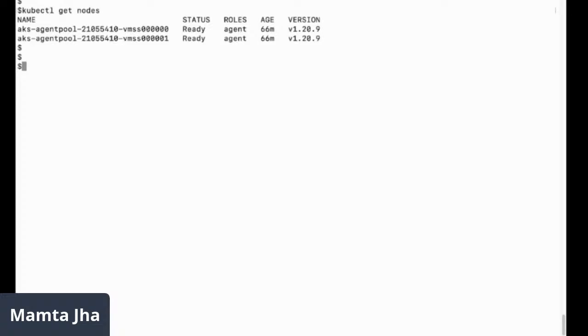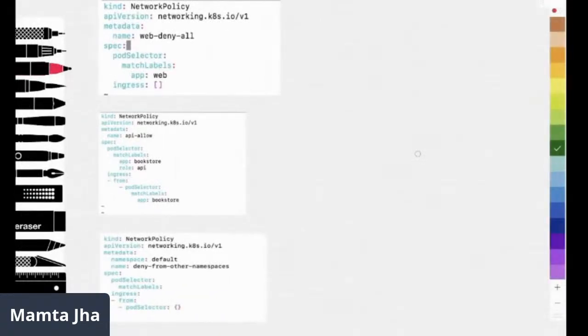Network policies have to be written, created and applied. So we would create different types of policies, and then we would see how they work. I have captured some snippets which I would be implementing in the cluster, and we will see what the behavior is and what the code we are writing means.